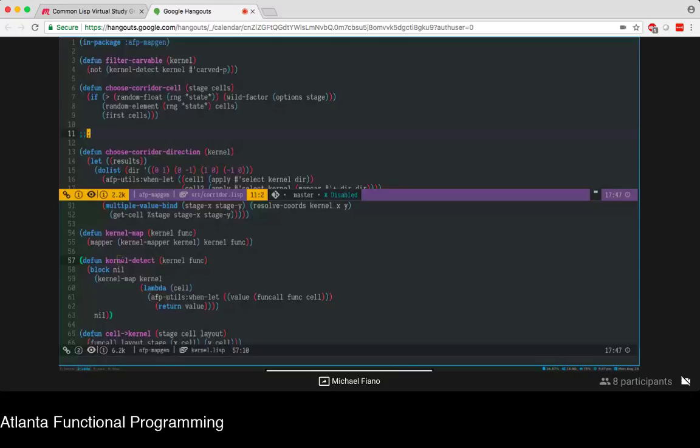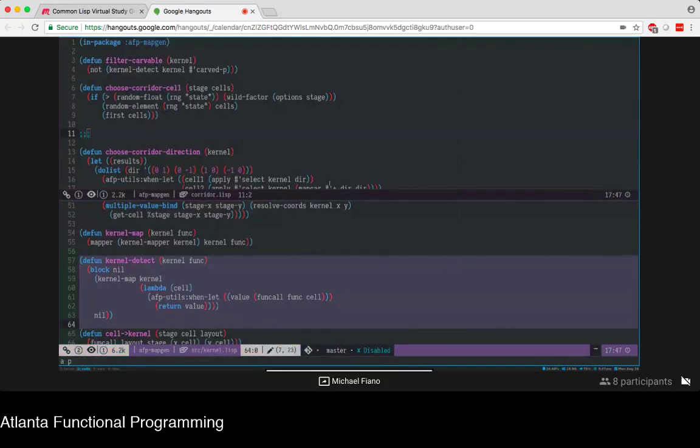Yeah. And so kernel detect there, it's a little tricky. If you see there, we define a block which allows us to do an early return, basically. And we do kernel map, and the function that we're actually mapping over takes each cell one after another. It calls our function on the cell, gets the value back. It uses when let there, so it knows if the value is truthy, and when the value is truthy, it returns it. And since we named it a nil block, that return hops all the way out of the kernel map, all the way back out to the kernel detect. And so when let only